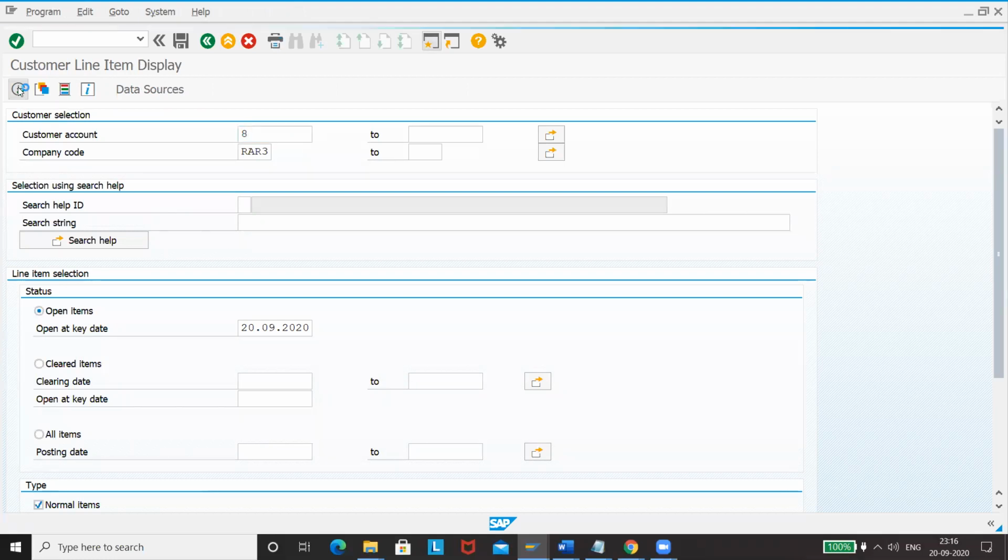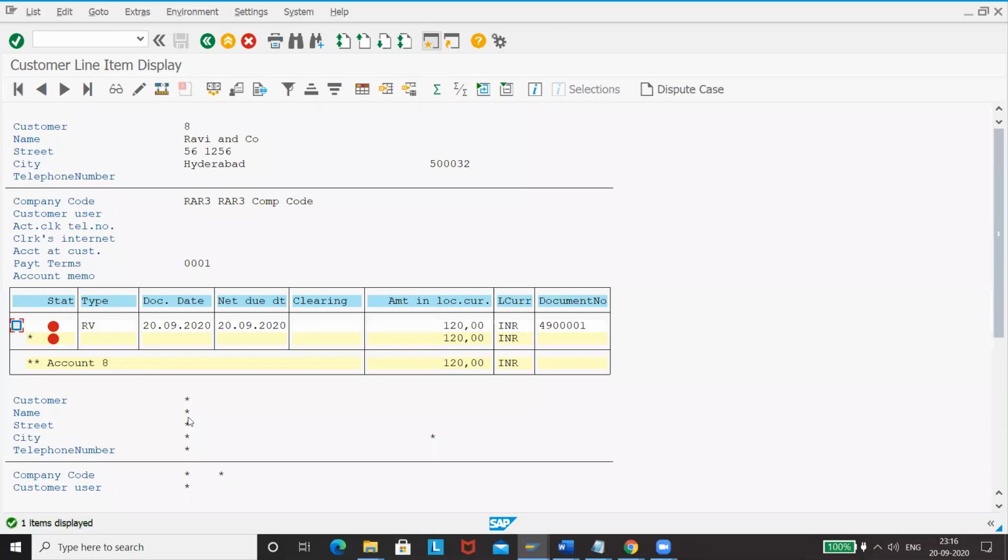We'll just go and see. See, there is this customer, Ravi and Co, and he has to pay you 120 rupees